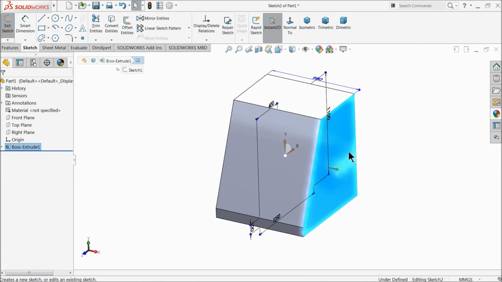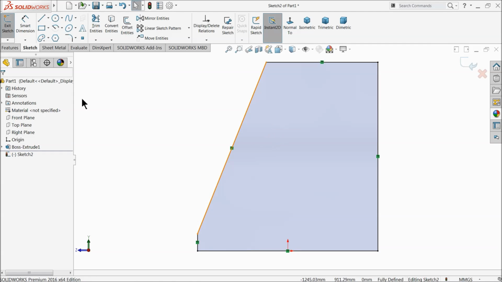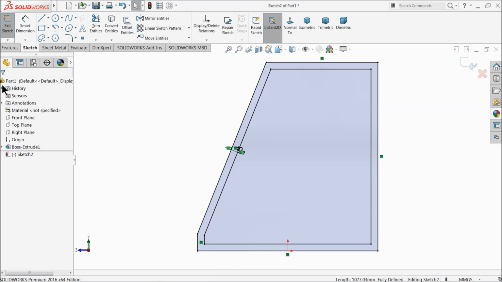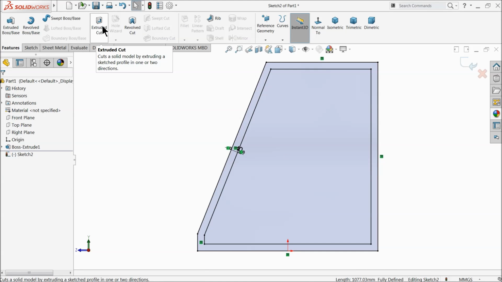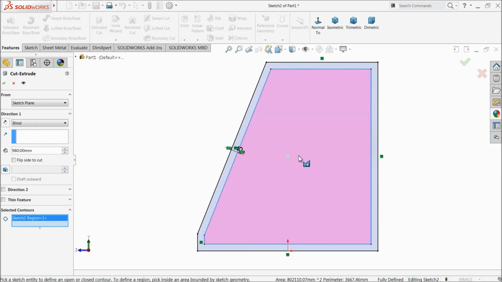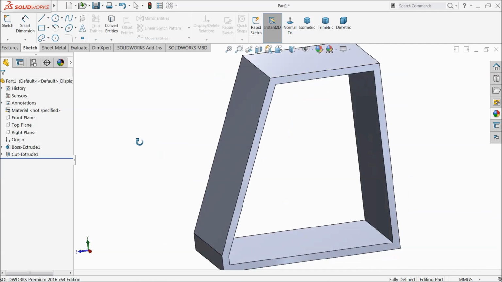now select this face, sketch, normal, convert entity. Now this is converted. Choose here offset 40 millimeter and select this line. Keep reverse direction. Okay, now select extruded cut. Here select this portion, we want to cut it. Keep here end condition through all. Okay, now see,